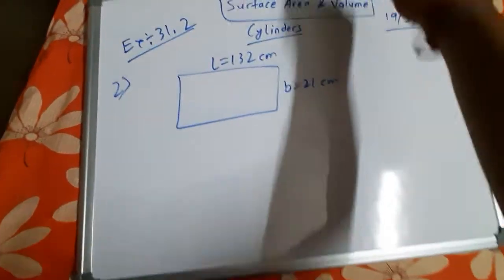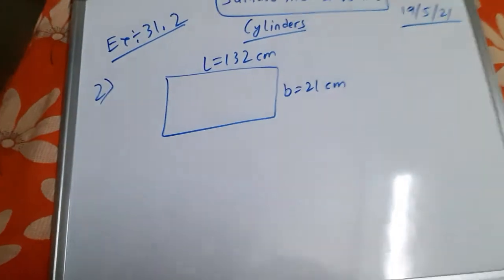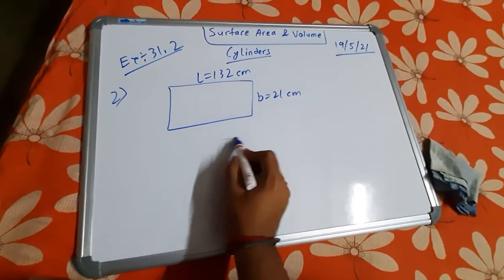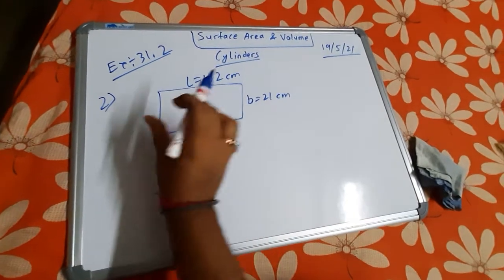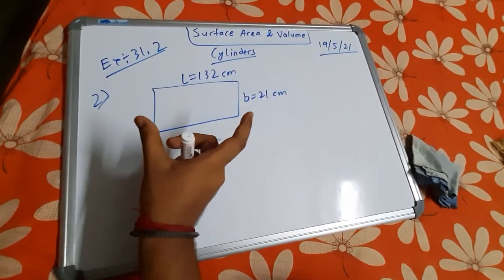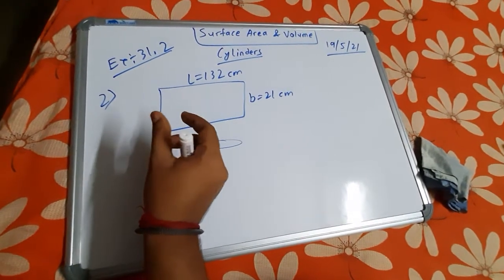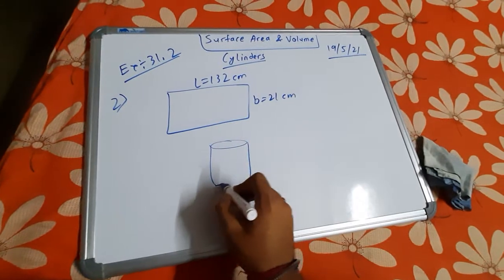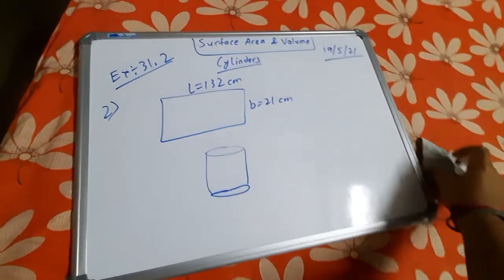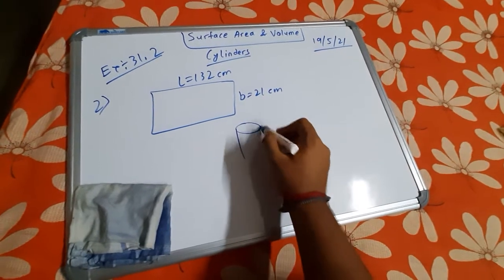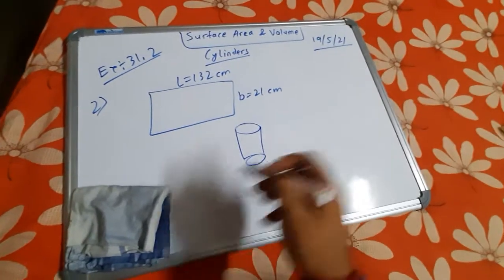Okay, so let's see what will be the total surface area of the cylinder. See, how can we fold this? We can fold it like this. Suppose this is a rupee note, I can just fold it like that. By folding it like that, what will become what? This needs imagination. Now suppose this thing is folded like this into a cylinder.